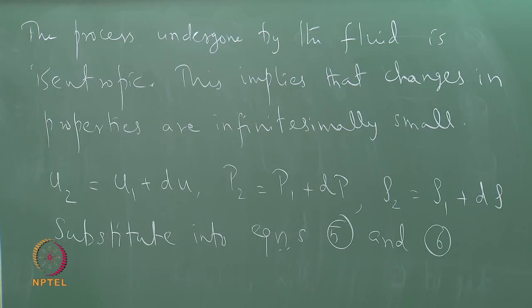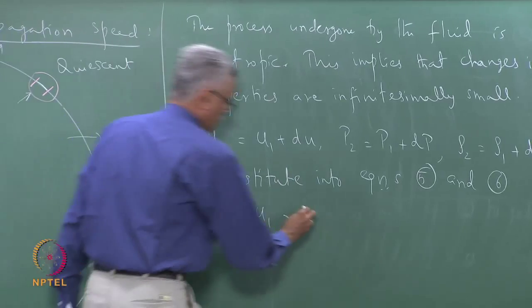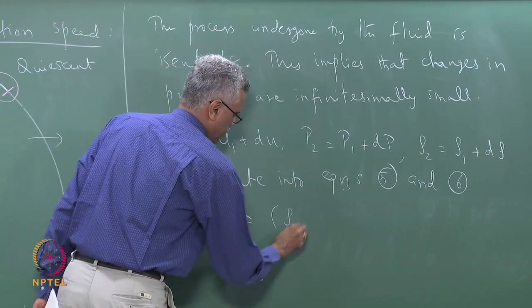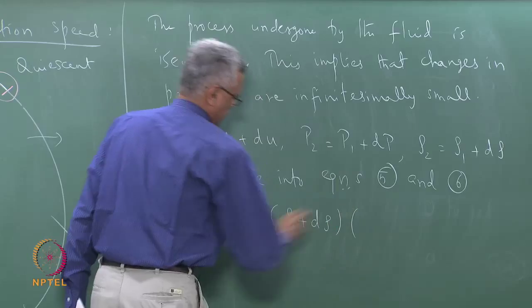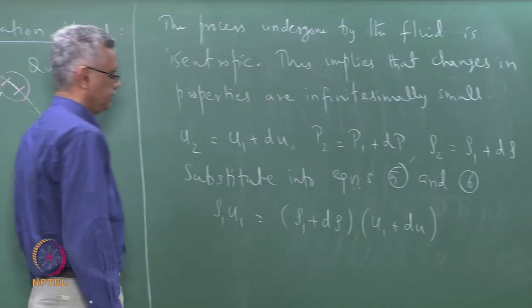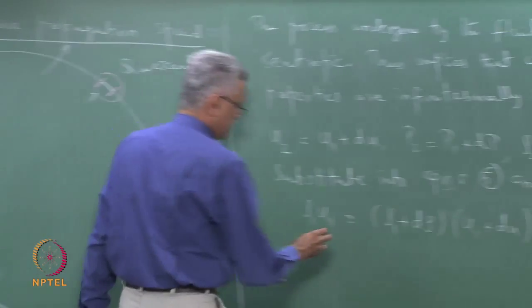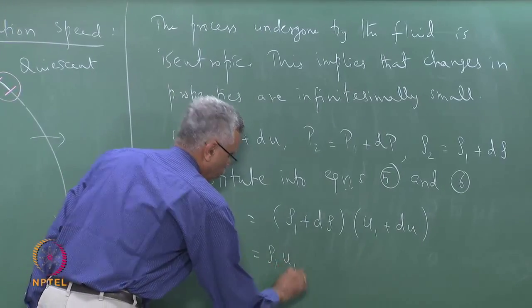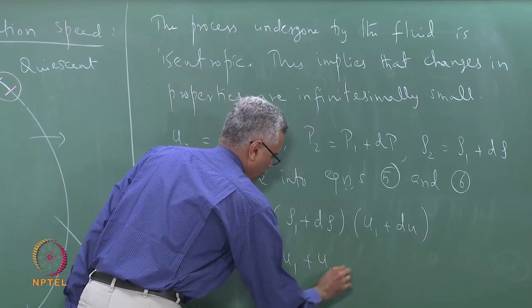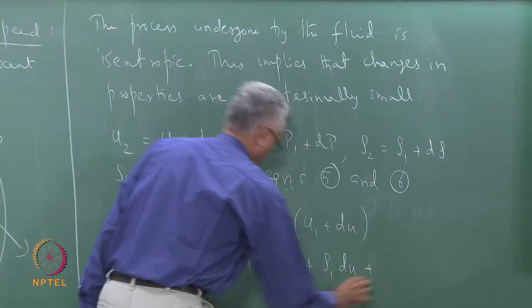What do we get? We get the following: rho 1 u1 is equal to, instead of rho 2 we substitute rho 1 plus d rho times u1 plus du. Remember, du and d rho are all already very small quantities. So, we expand the right hand side and write this as rho 1 u1 plus u1 d rho plus rho 1 du plus